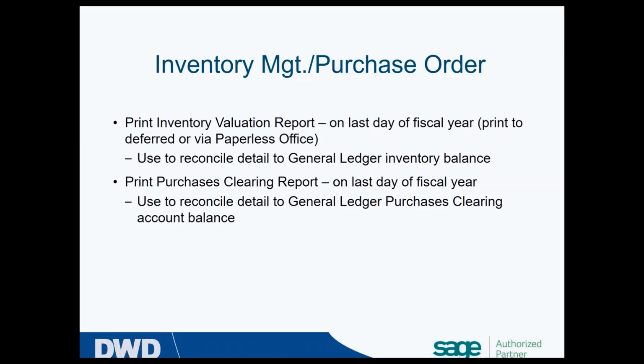From a purchase order perspective, the purchases clearing report. Again, that report in period end processing of the purchase order module, that one is also run as of the moment in time. So that valuation is when I run that report. If I do any other receipts or invoicing in the meantime, that report could potentially change and it would have an effect on my general ledger balance.